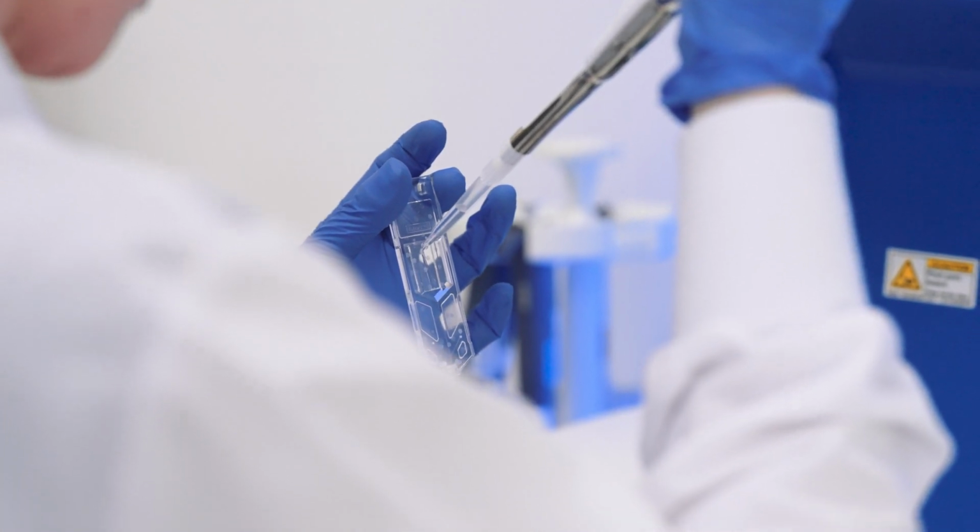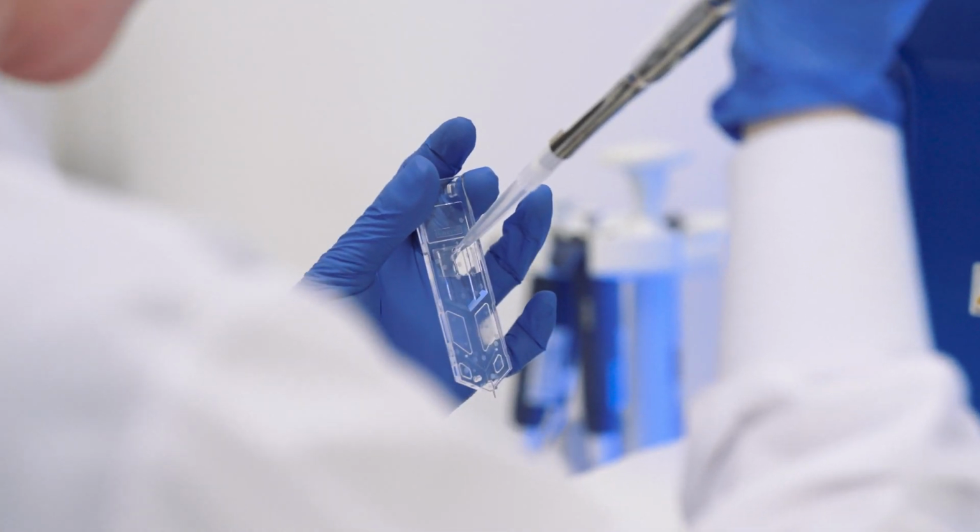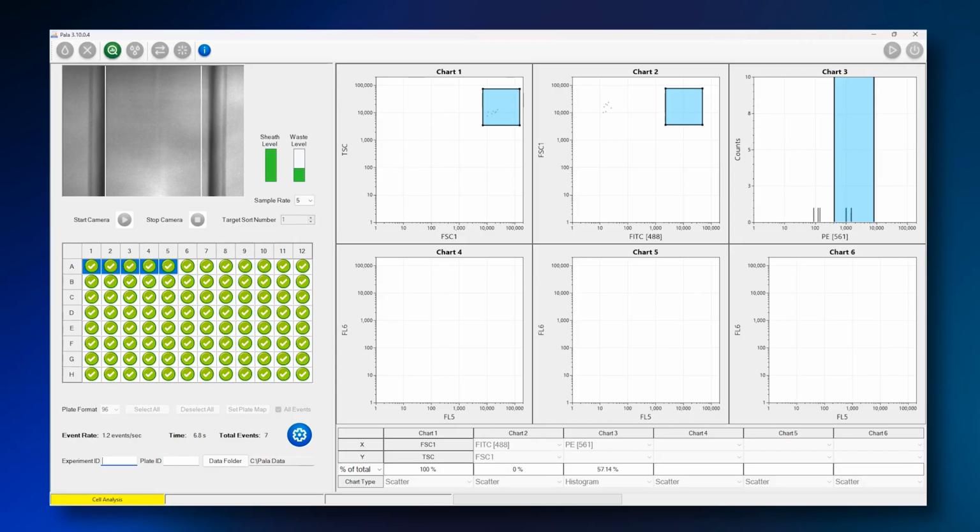We will prime this cartridge, align the channel, and check the nozzle again. Since we are using the same charts, we are ready to hit analyze. As the charts populate, we can appreciate the differences between the two samples. We're not seeing as many highly fluorescent events due to the lower abundance of GFP-positive cells, which is what we